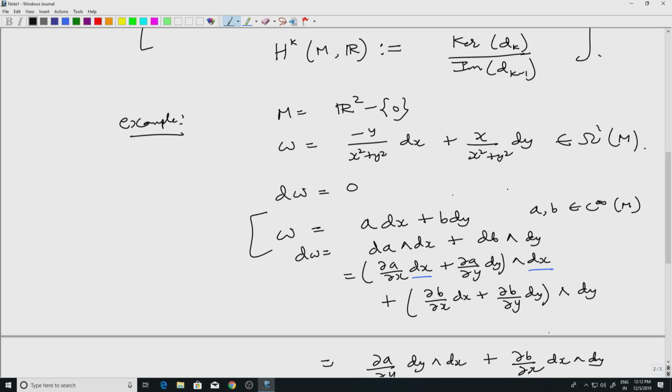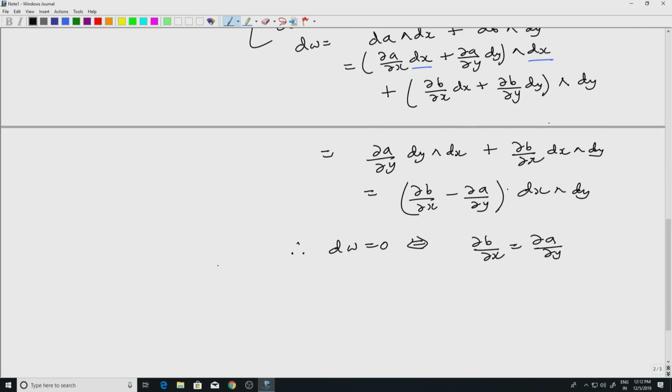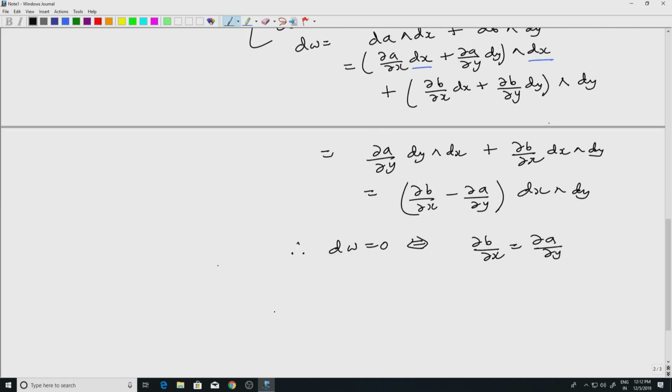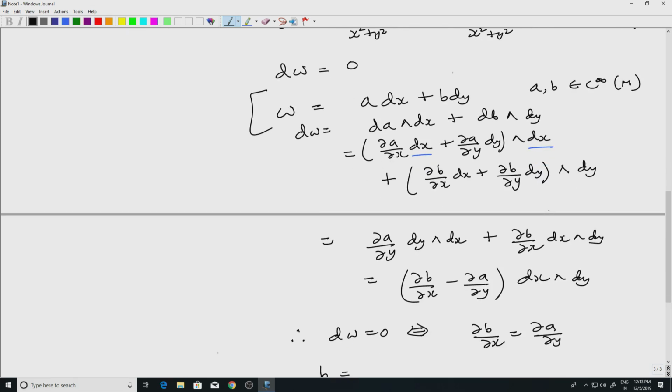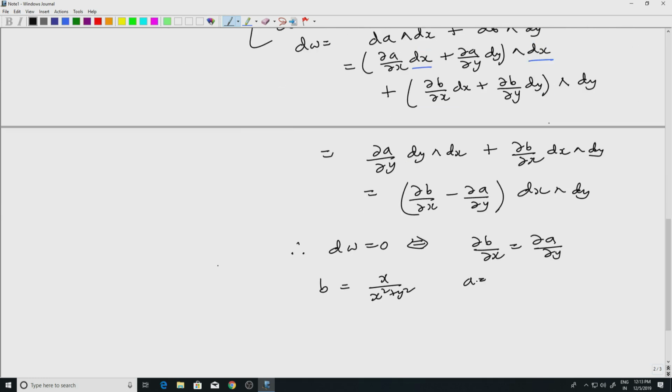So in our case, b is the function x by x squared plus y squared. Let me just do this one example. A is the function minus y by x squared plus y squared. And if I take del b by del x,